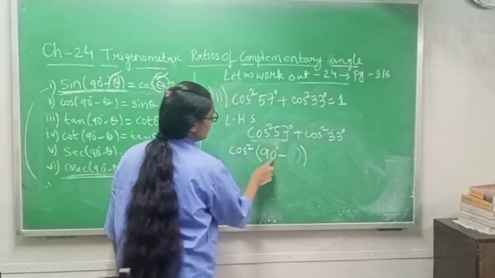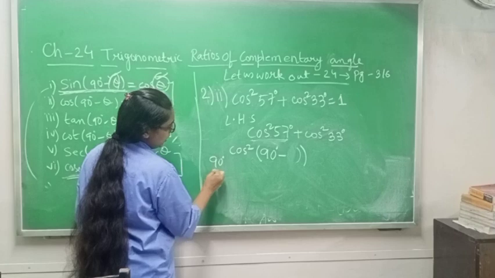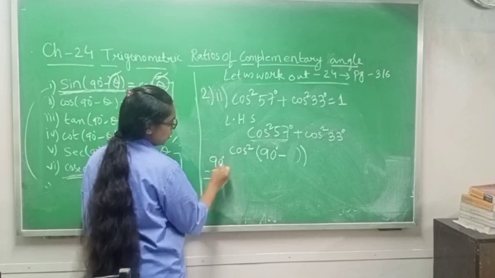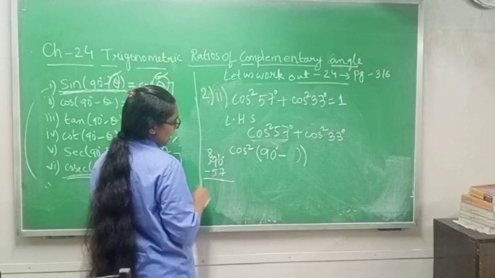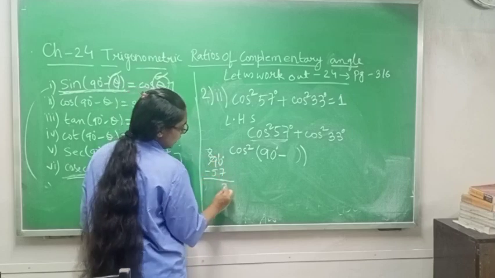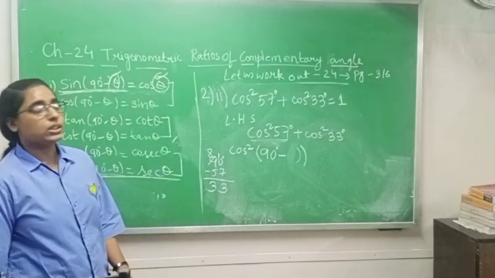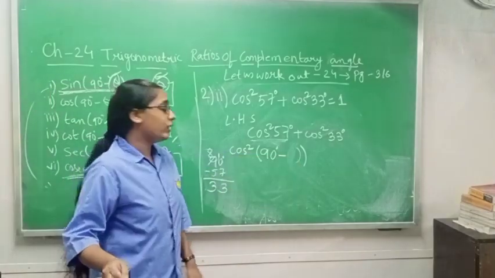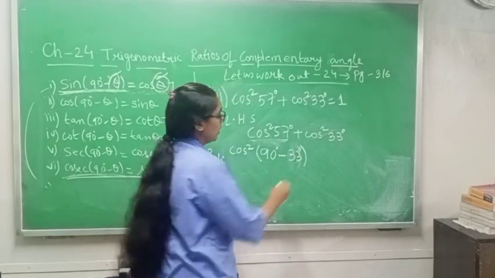So what will you do? You will subtract this 90 degree with 57. So 90 degree minus 57, how much? 0 minus 7, not possible. So you will take 1 here and it will become 8. So 10 minus 7 will give you 3, and 8 minus 5 will again give you 3. Means in this place what will you write? 33 degree. Understood this one?